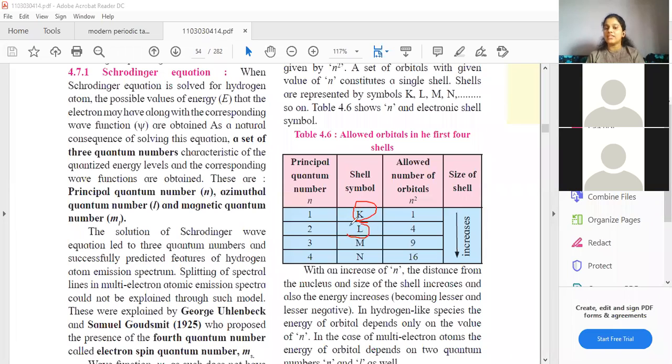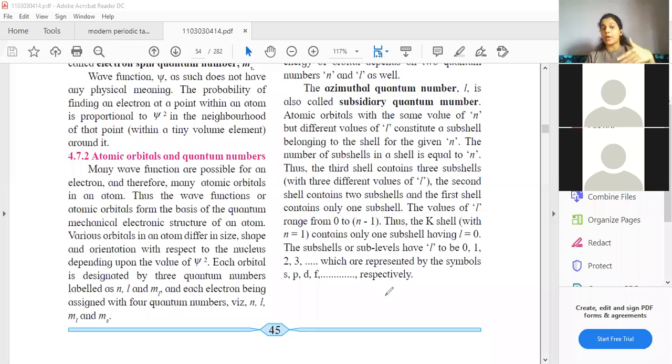Let's talk about the next one, that is L. Now students, L has S and P subshell in it. We all know that S is only one orbital, and P has again 3 orbitals inside it. So it is 1 plus 3, which means 4. So n square, that is 2 square, is going to give me 4. Again explained this last time. I hope you all remember this, because it is very important in order to understand the further topics that are going to come.